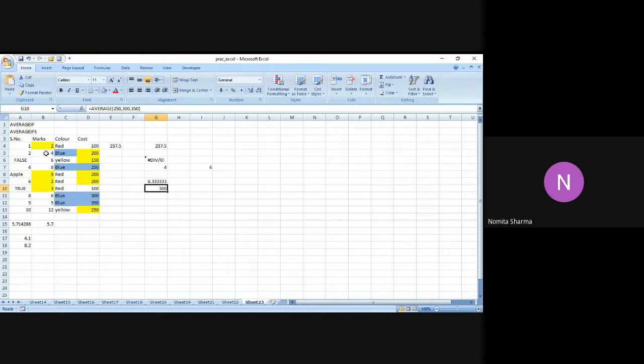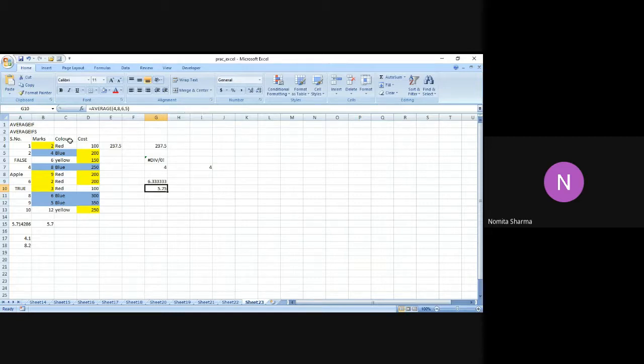I have to take the B column. So 4, 8, and 6 and 5 will be coming, because that is the average range which I have taken. That's why I was wondering why I'm getting 300 as the answer. So the numbers that I have to write in the average are 4, comma 6, 4, comma 8, comma 6, and comma 5. Now let's check what answer we get.